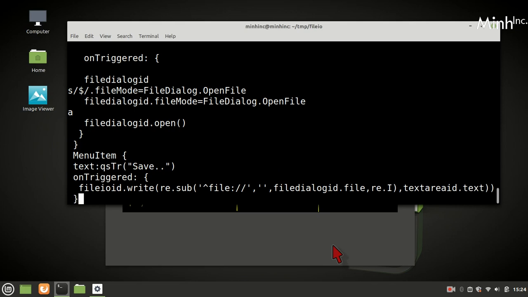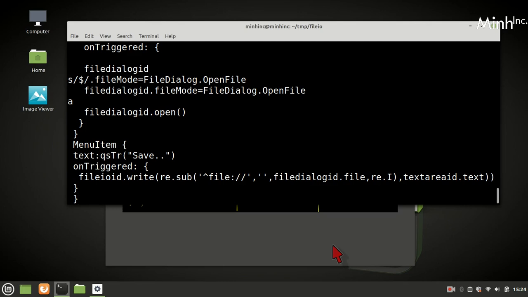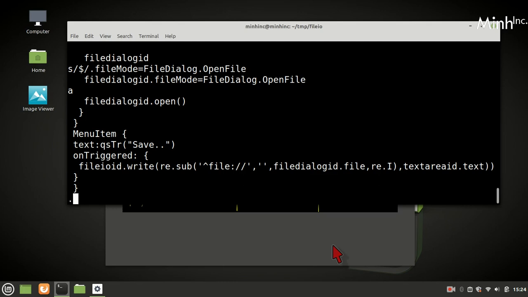Okay, so on triggered over, menu item over. So this is the simple code.